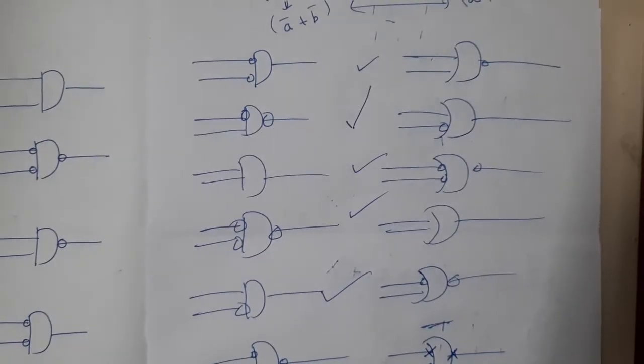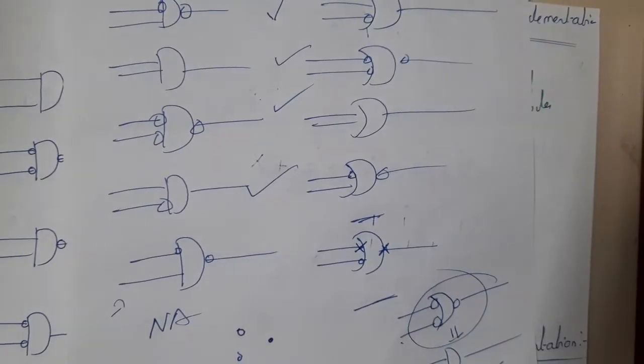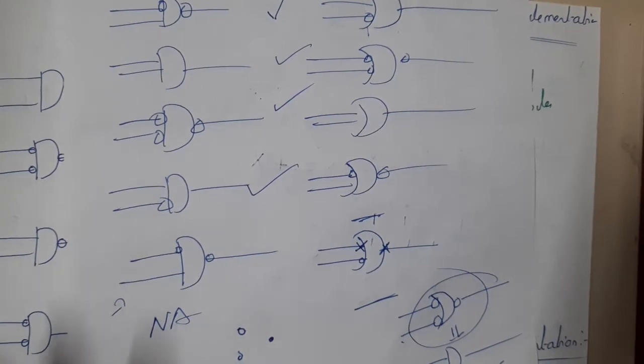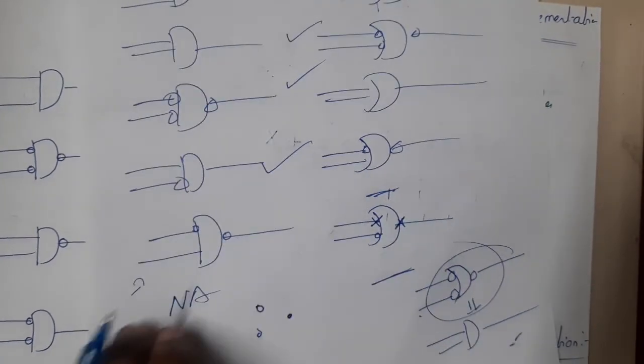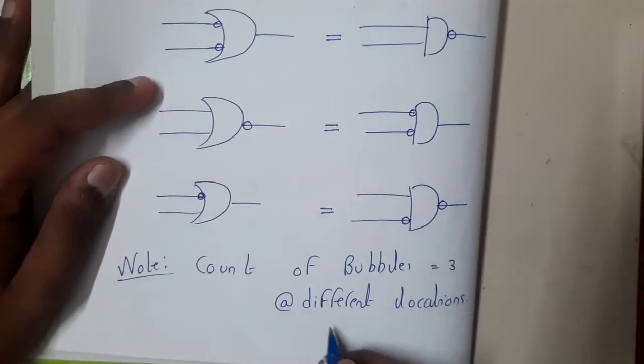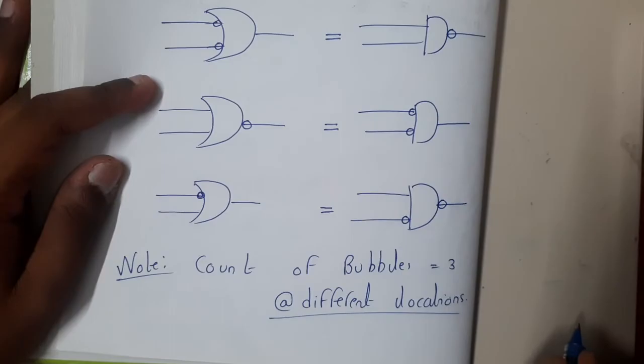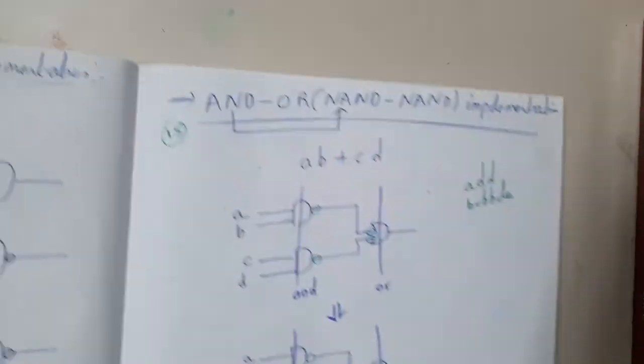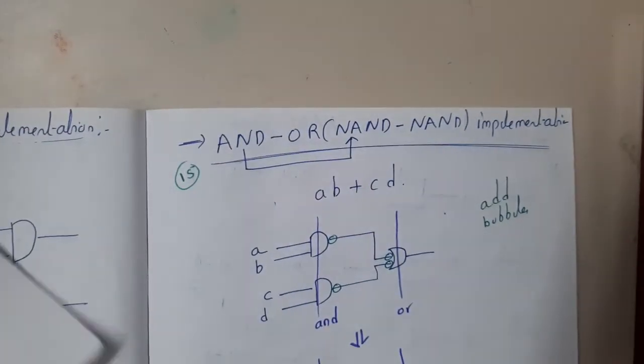So why exactly have I discussed these things? Guys, there are almost 2 to 3 questions based on this simple logic, and those are all 2 mark questions. That much easy questions you could get. That's the reason why I concentrate on these kinds of small easy topics, guys. The only thing you should always concentrate on is that the count of the bubbles should be 3 and every one of them should be at different locations. Got it? I hope everyone got a clear idea with respect to this, right?